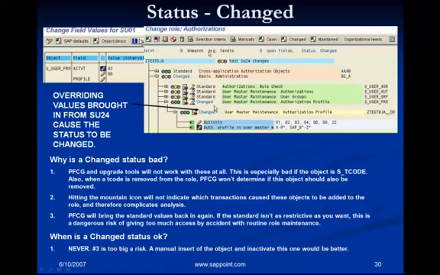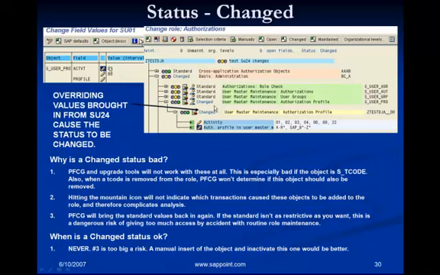Now, you have different object statuses. Standard means the values are defaulted from what is there in SU24. Another status is changed. Let's say you took whatever came via SU24 into the role, and you change that value, as we have done here.